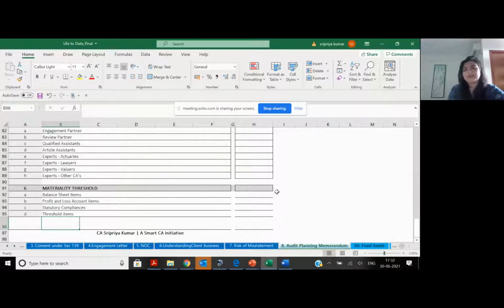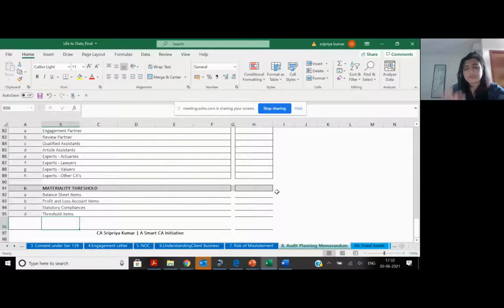So that's your materiality threshold, or you can say that any P&L account under 2 lakhs, I will not check. Why? Because I have 50 accounts under 2 lakhs, the sum total of which is coming to only 1 crore or less than that. My total P&L is 50 crores. I will see the top 5 expenses.